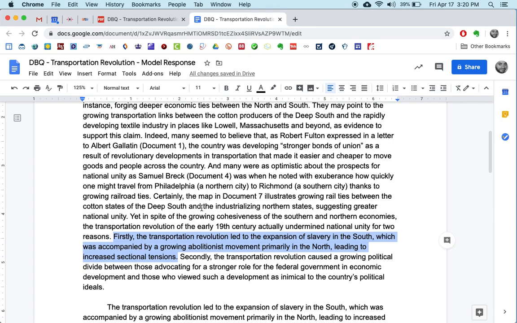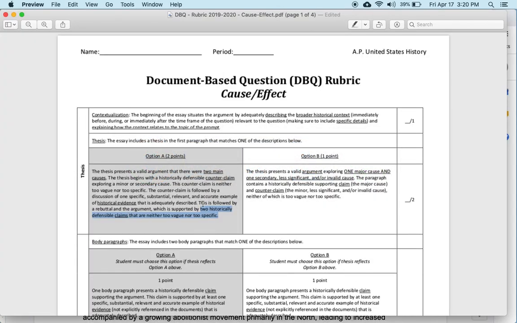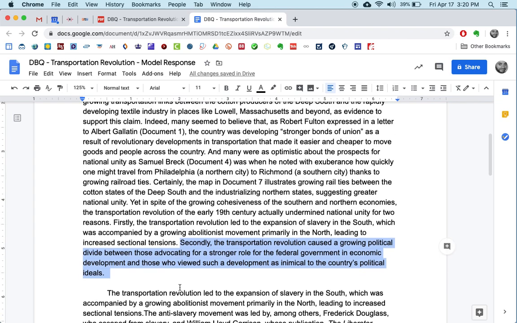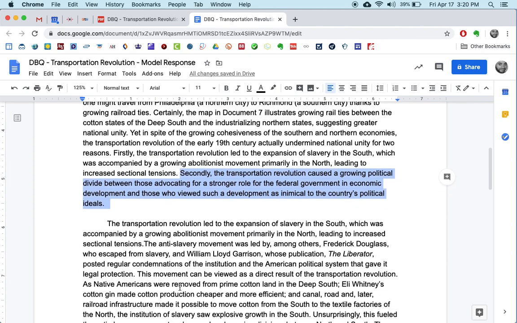And you might use that later on in your essay as evidence for a larger phenomenon. But here you're talking about the bigger picture. So that's what I do here. So that's what this language means. Not too vague, not too specific. Goldilocks rule, just right. Secondly, the transportation revolution caused a growing political divide between those advocating for a stronger role